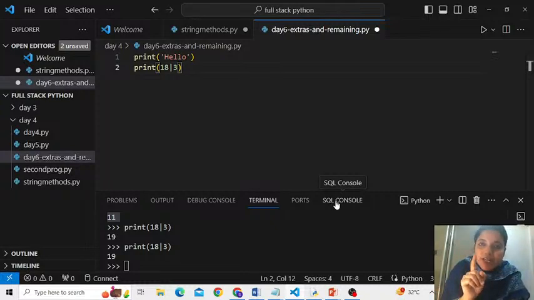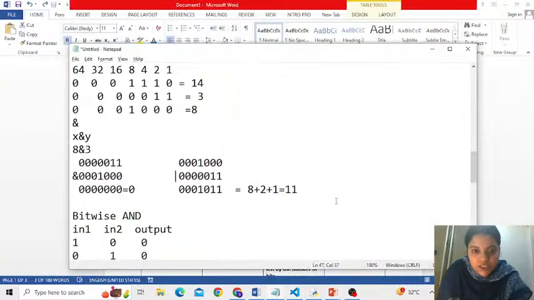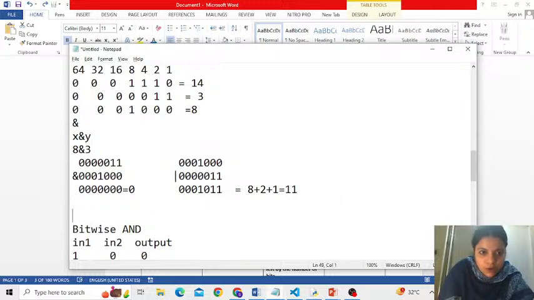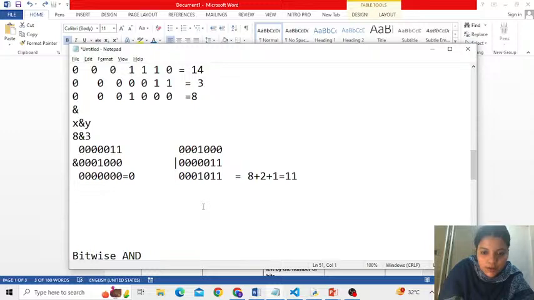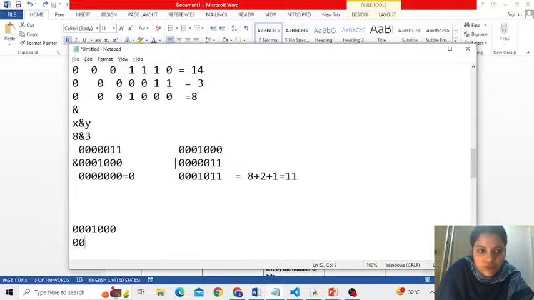Is that okay? I repeat the definition again. XOR, people. That's an exclusive OR. If both the bits are different, the output will be high. Check it out how. If you allow me to work here only, or let me do it this way. Come on. 0 0 0 1 0 0 0. This is 8. 0 0 0 0 0 0 1 1. This is 3. Correct? And we are trying to do XOR between the two.